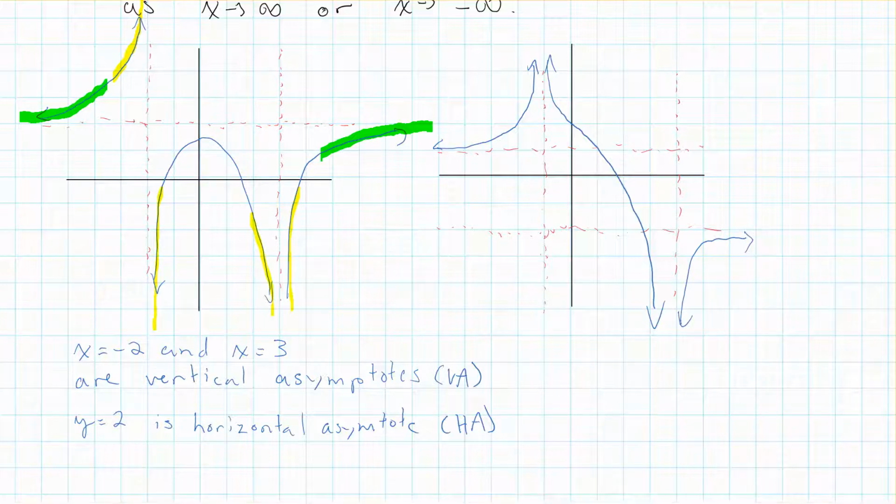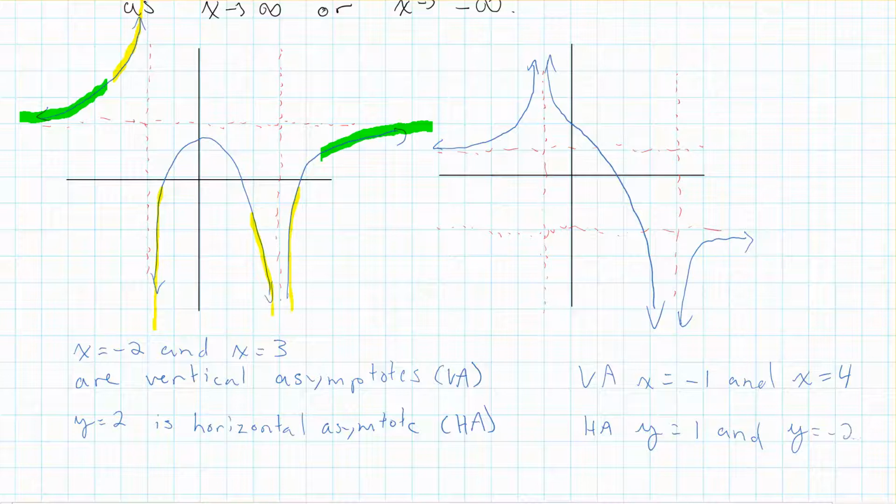And what we can clearly see here is that if we talk about vertical asymptotes, we have x equals -1 and x equals 4. And then if we're talking about horizontal asymptotes, we have 2, and this would be y equals 1 and y equals -2. Now I want to just emphasize the horizontal asymptotes here,